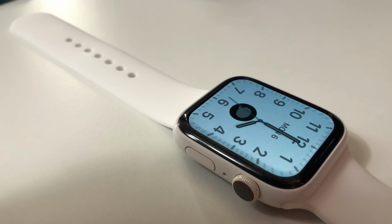So I appreciate the sapphire glass. That's why I usually opt for the steel model in the past few years, but spending $700, $800 on the Apple Watch always felt a little bit dicey to me, so I definitely could not justify spending $1,200 to $1,400 on the Apple Watch. But now that it seems you guys are interested in me reviewing older tech, and in